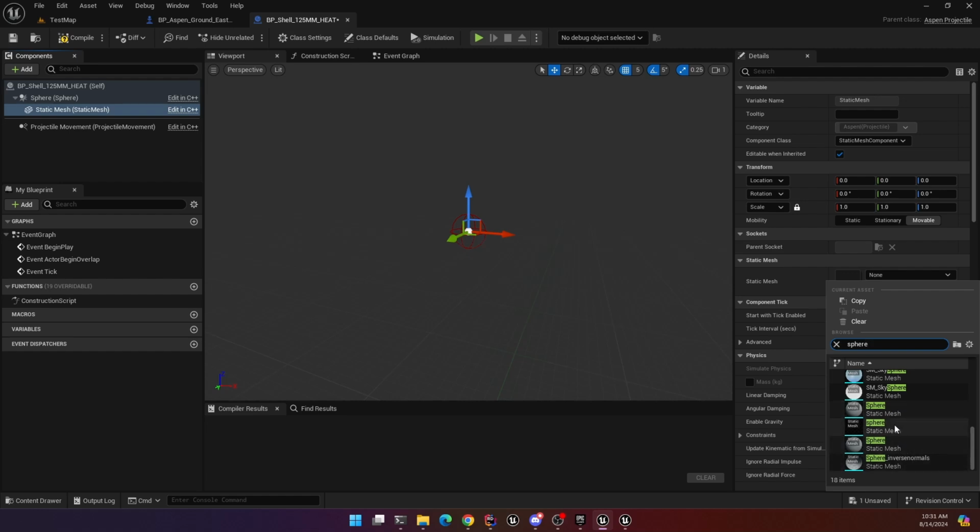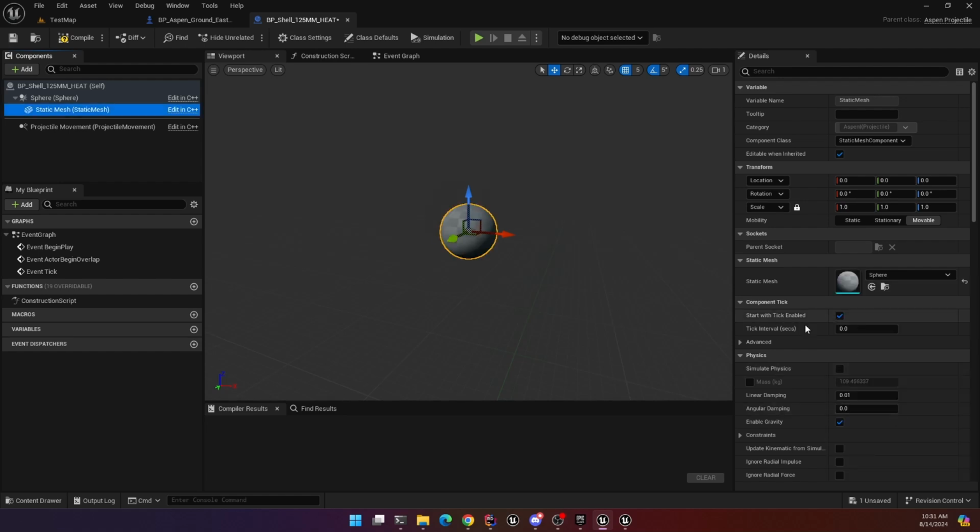I think this one right here, and to make it a little smaller to match the sphere that's there,